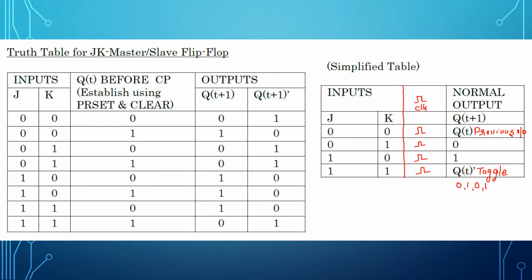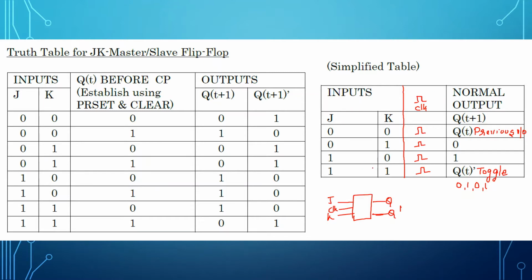In addition to this, when I speak about a flip-flop, my flip-flop black box will be looking like this. This is J, this is K. You will have a clock input. On the outer side you will have Q and Q dash. You will have both the outputs, Q and Q dash, so you can observe both the outputs there. So this is how my truth table, or this is how my JK master slave flip-flop should work.